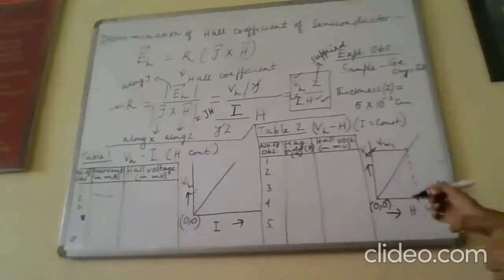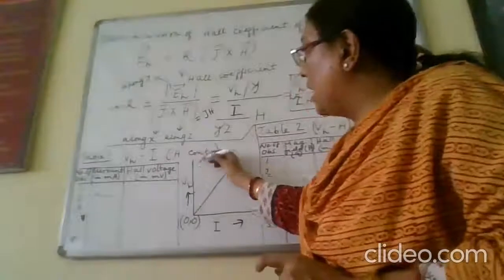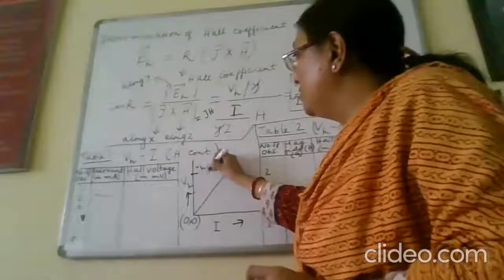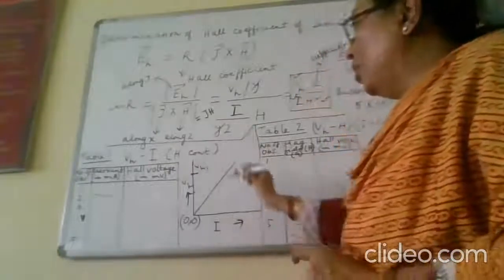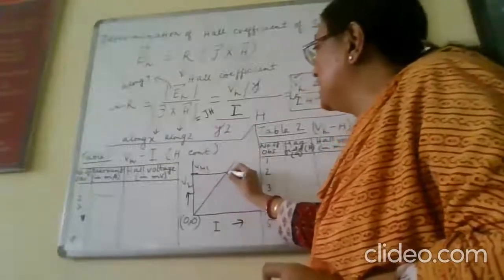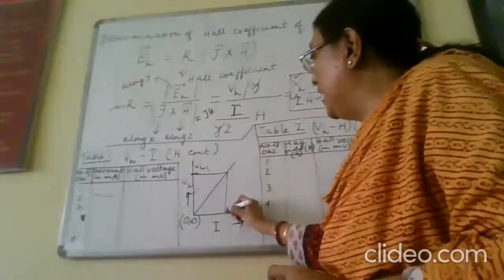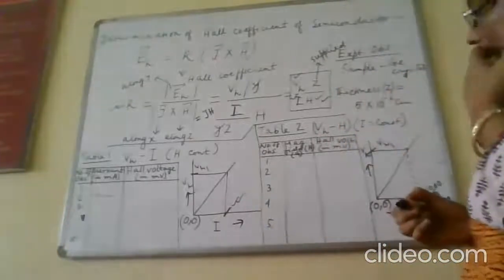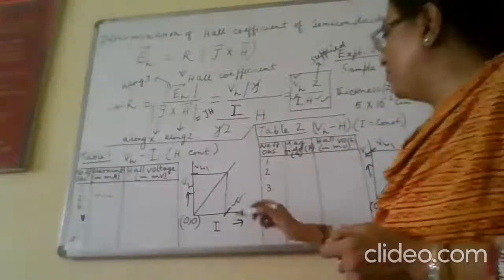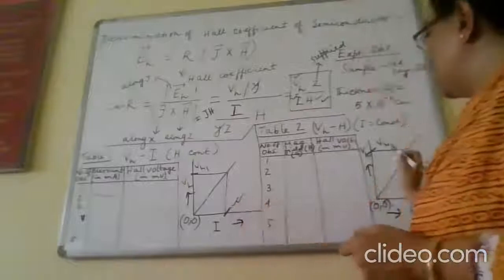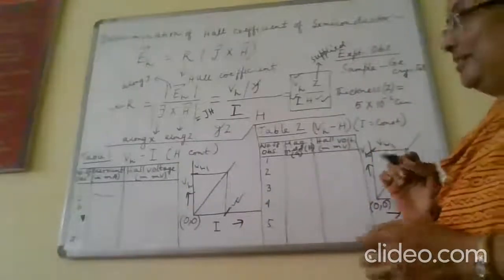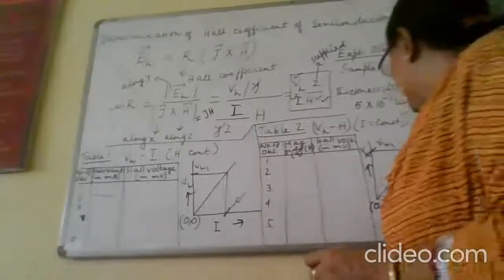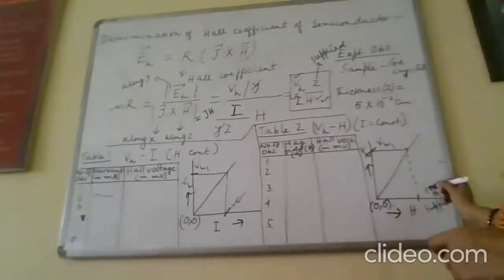Now, from this graph, we will look for that VH value. The scale is the same. Corresponding to that VH, say VH1, we will get the I value. That means you are getting a unique set of values of I, H and VH. Is it clear? Corresponding to H equal to 1000 Gauss, since we have the 1000 Gauss standard value as given by the